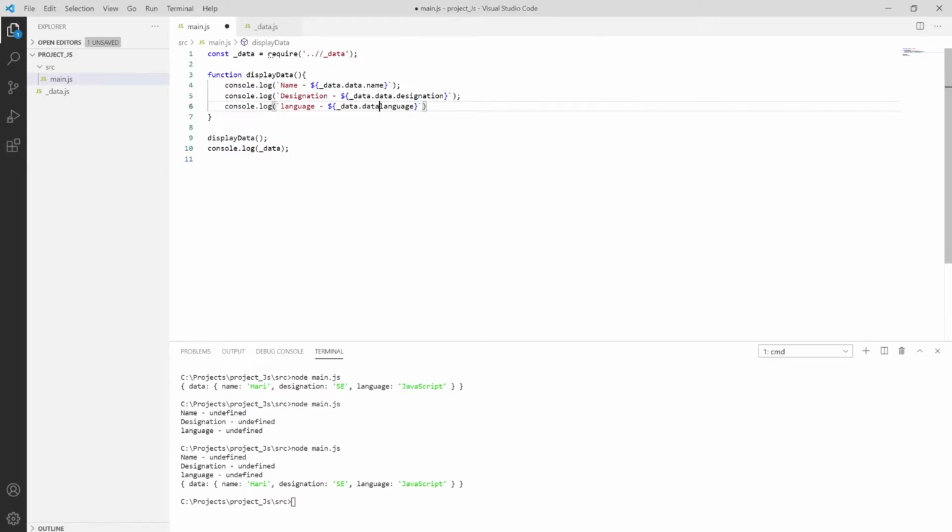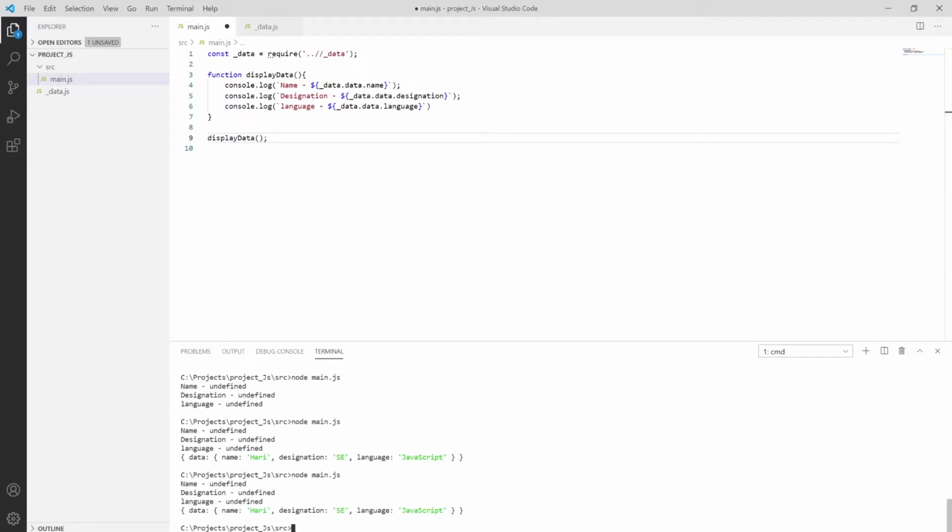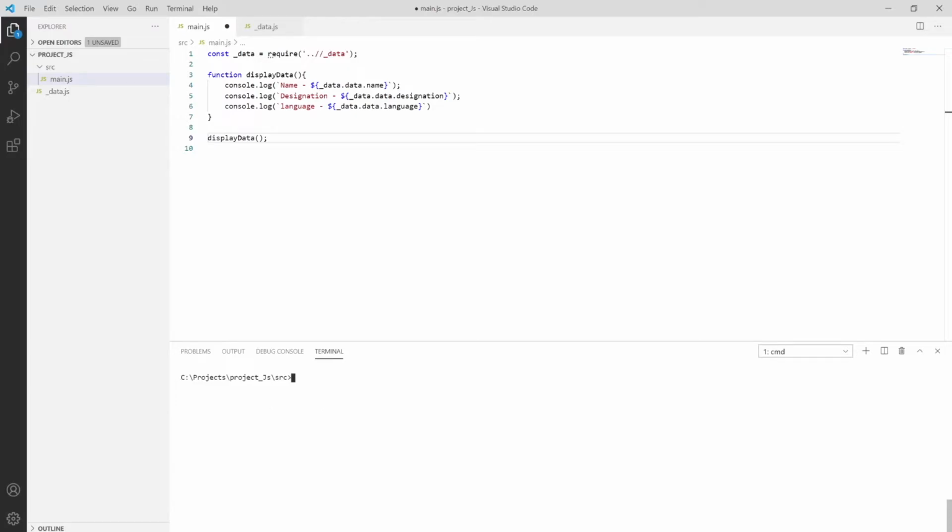As you can see, if I print data, it gives me this. Let me clear this and run again. Now it's also giving name as undefined.